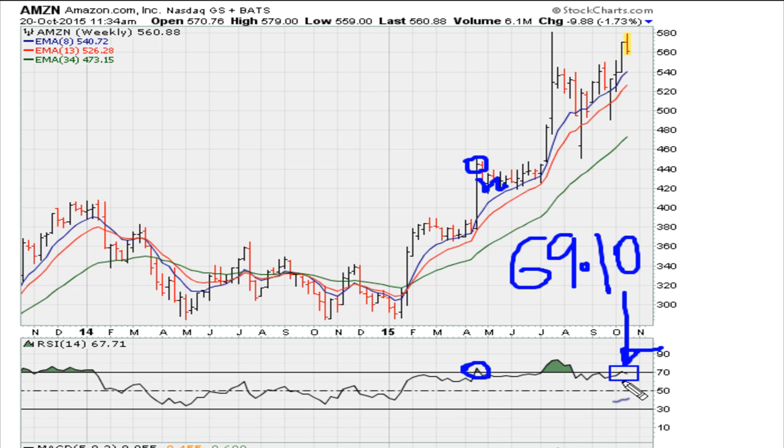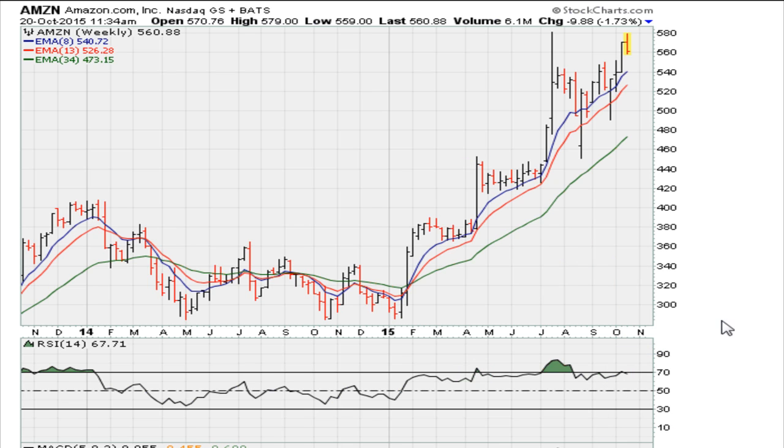Now we see this uniform activity rejection, which is not a good sign. And we can also argue right now, depending on how it closes for the week, because for the week it could be positive, who knows. But this improvement in price, right? I mean, that improvement in price